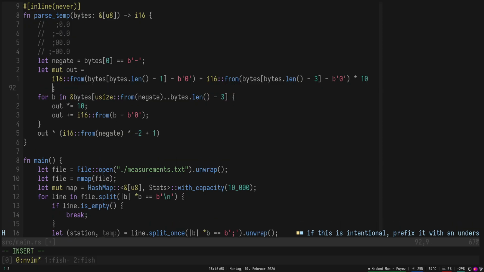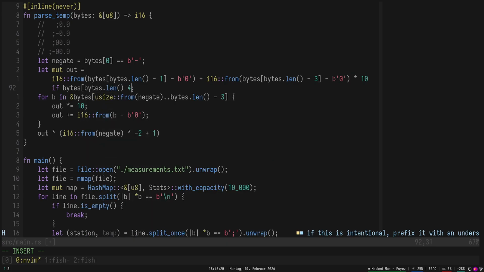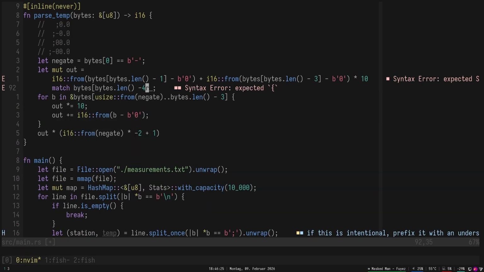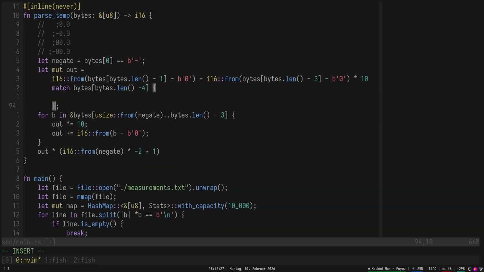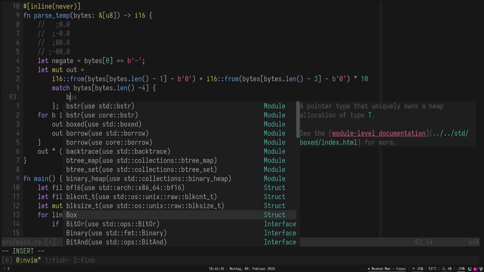And then for this next line, we can basically say if bytes at bytes.len minus 4, or let's match on this byte. So minus 4 is going to be 1, 2, 3, 4. So this line. If we get a digit,